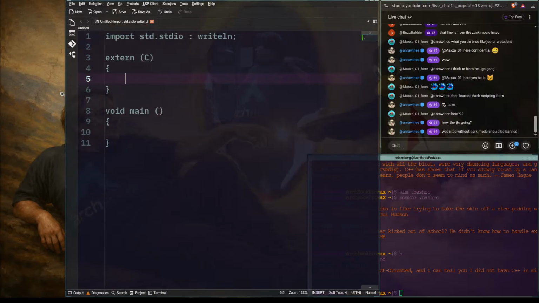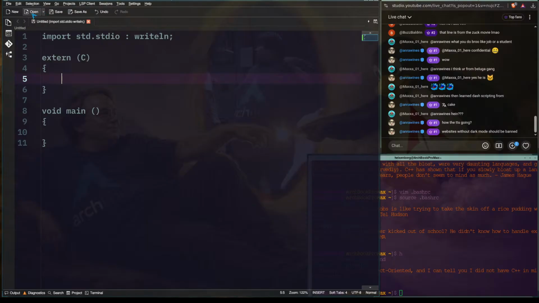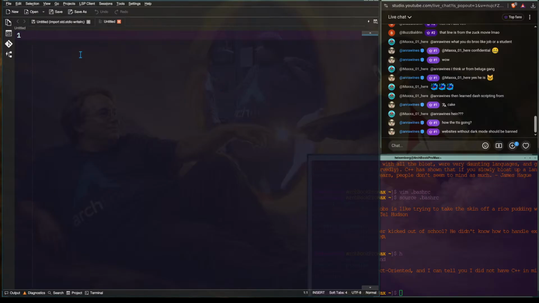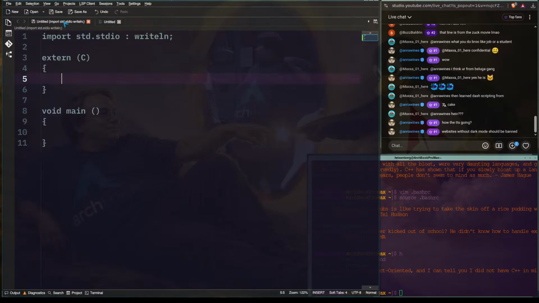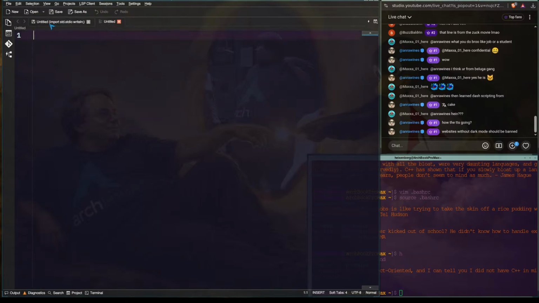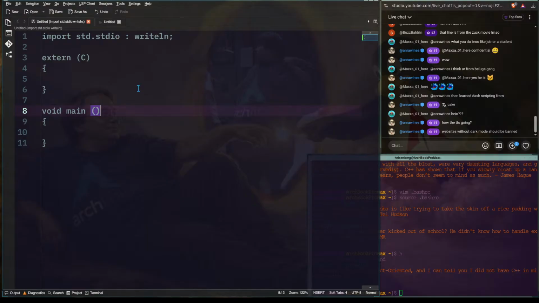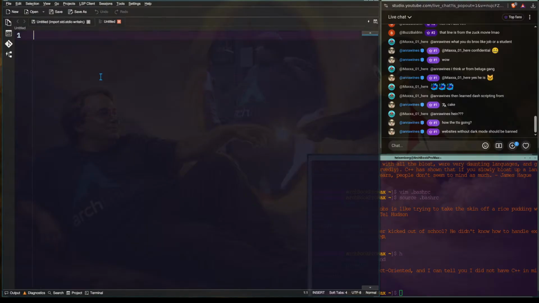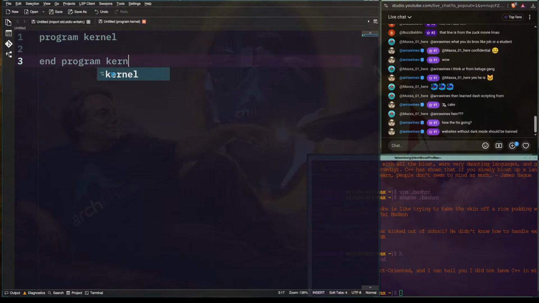Or we do it the smart way and make a new file for the Fortran, you know what I mean? The problem is when you have a Fortran file and this, then you run into problems. So you either have this and the Fortran runtime, or you have a D-Lang runtime, but no Fortran GPU kernel. That's the thing. So we'd have program kernel, and then end program kernel, and you'd have contains,